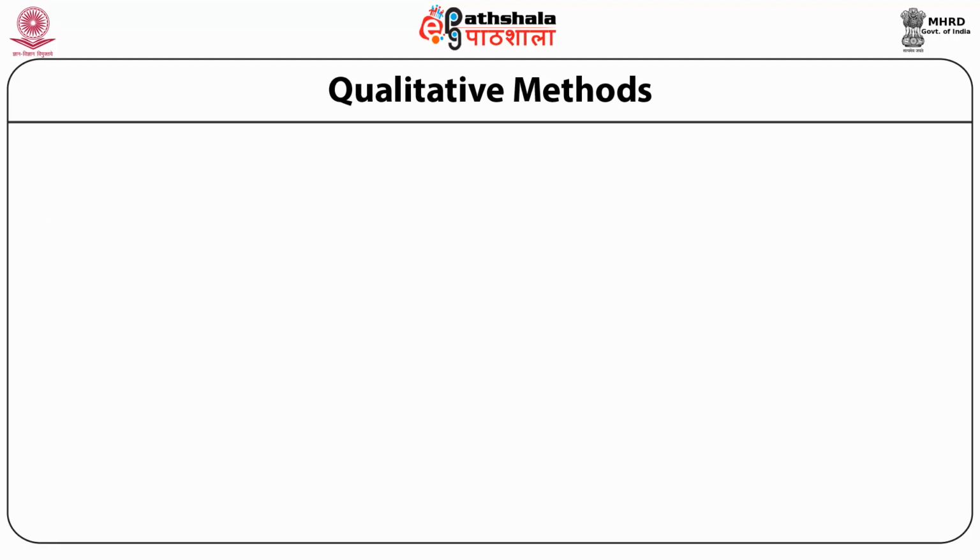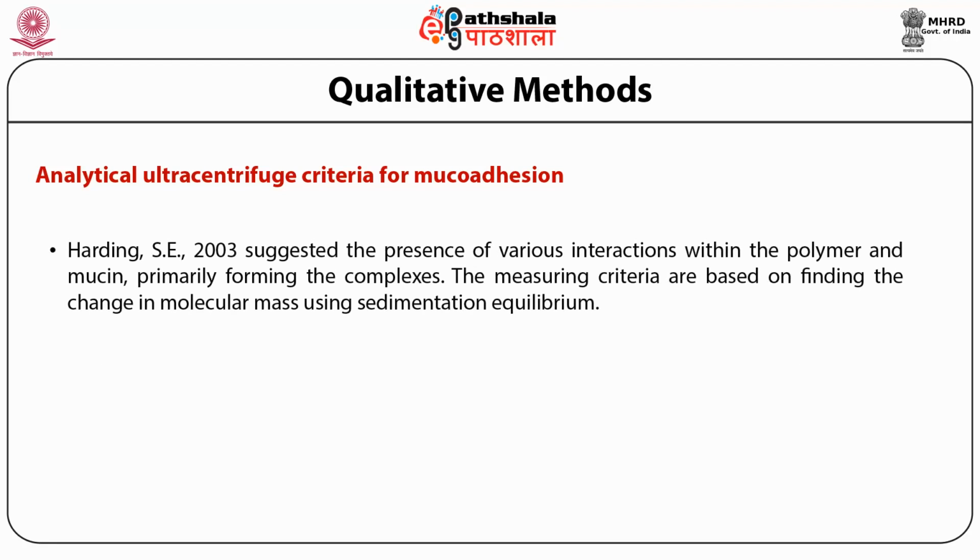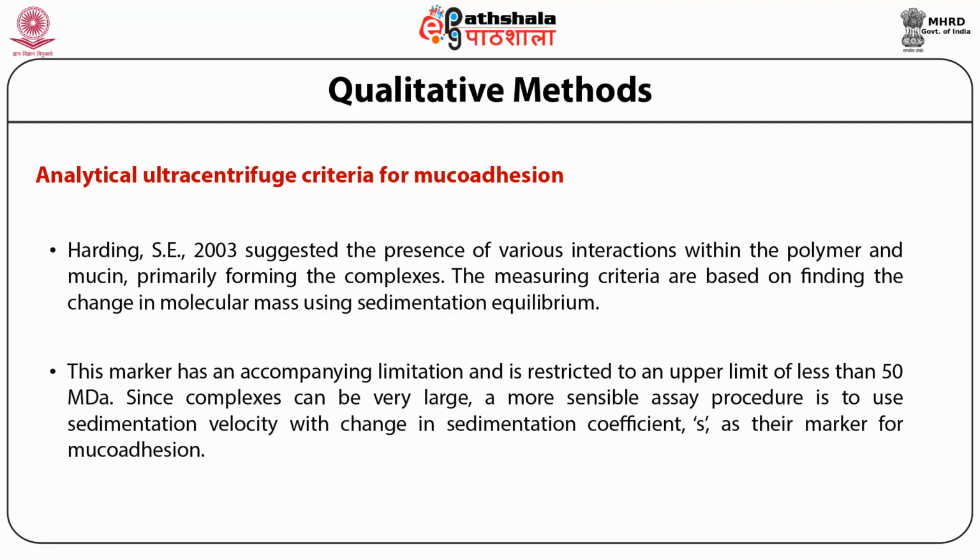The next method in line is headed as analytical ultracentrifuge criteria for mucoadhesion. The scientist Harding SE in 2003 suggested the presence of various interactions within the polymer and mucin, primarily forming complexes. The measuring criteria are based on finding the change in molecular mass using the sedimentation equilibrium. This marker has an accompanying limitation and is restricted to an upper limit of less than 50 mDa. Since